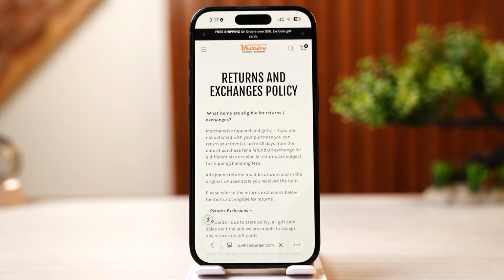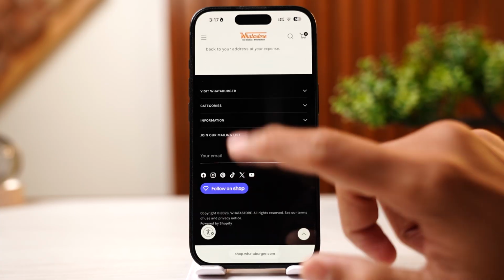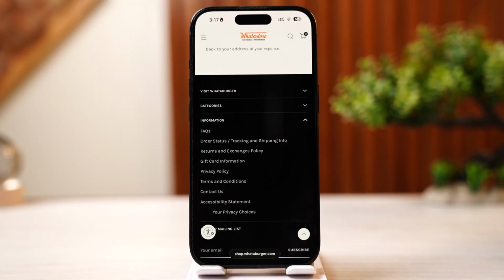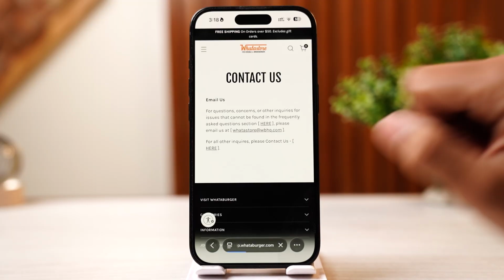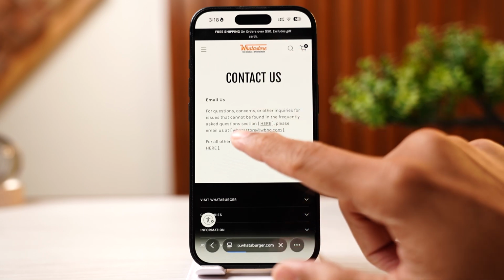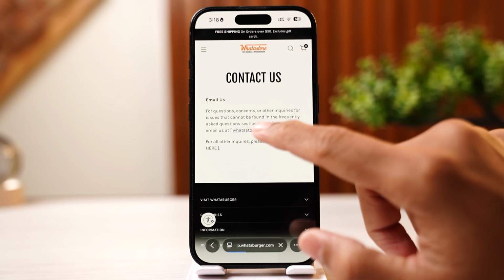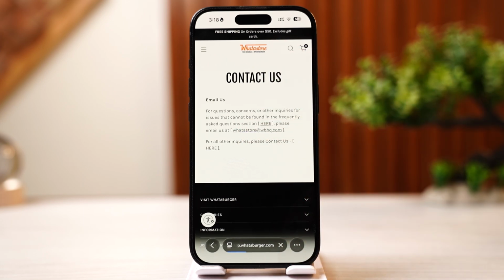Simply tap on it and here you want to scroll down all the way and click on information. After that, you want to tap on contact us, and by doing so you will see the official Whataburger email address over here, and on this email you want to make an email sending information about your order and about your refund